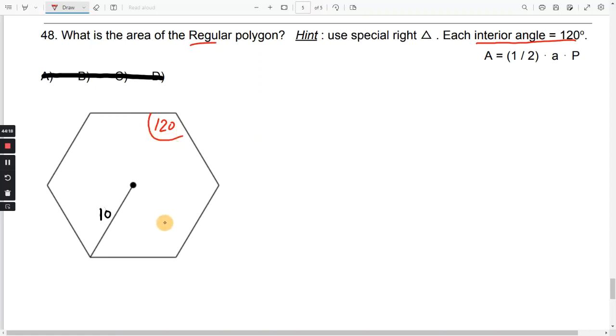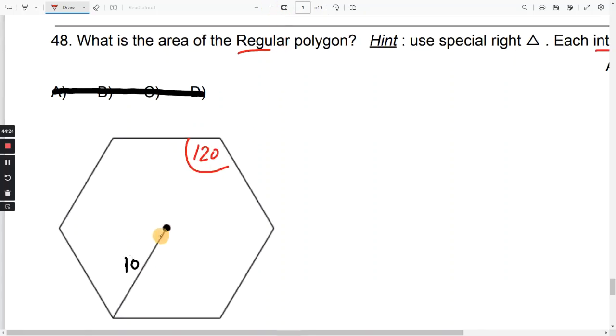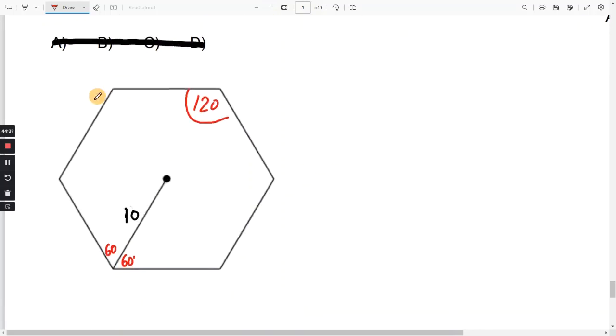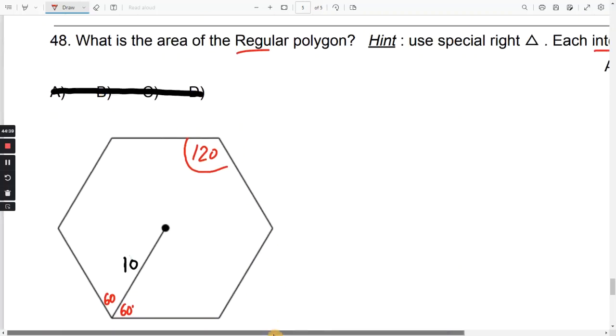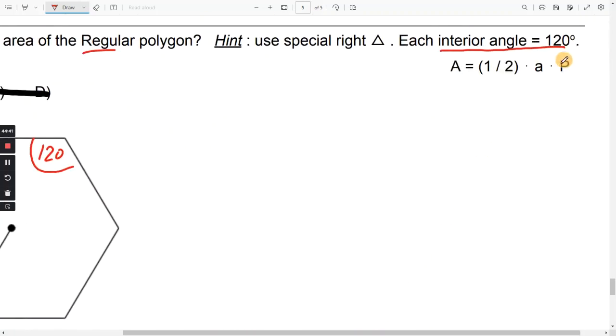So we could have found that if it wasn't given, but I wanted to make it shorter. And when you draw in the radius like that, that bisects each angle. So the interior angle is bisected. That's going to be 60 and 60. Alright, now on the formula, we need the apothem and the perimeter